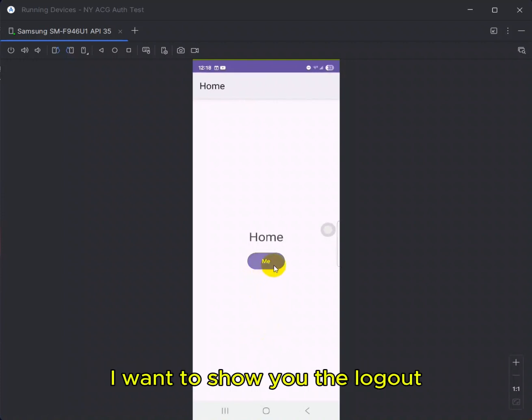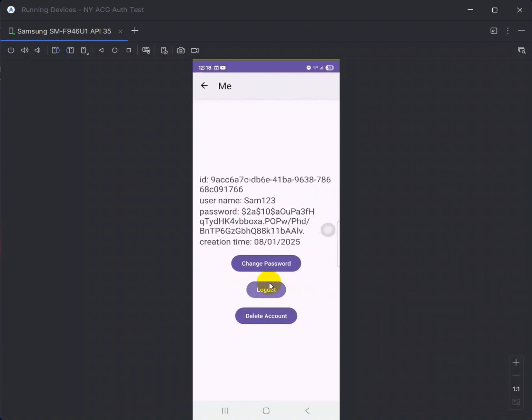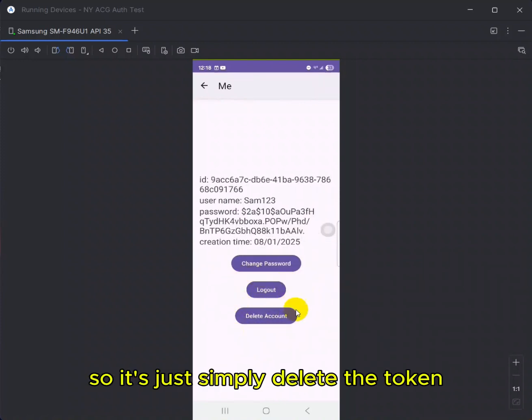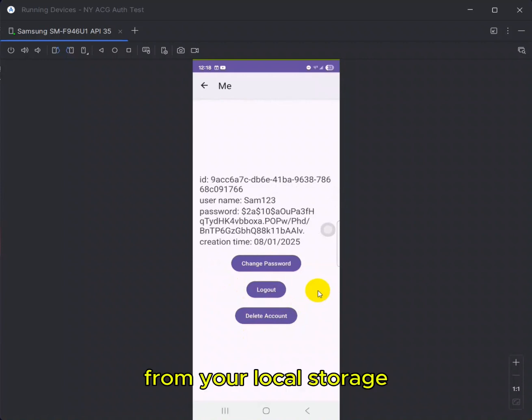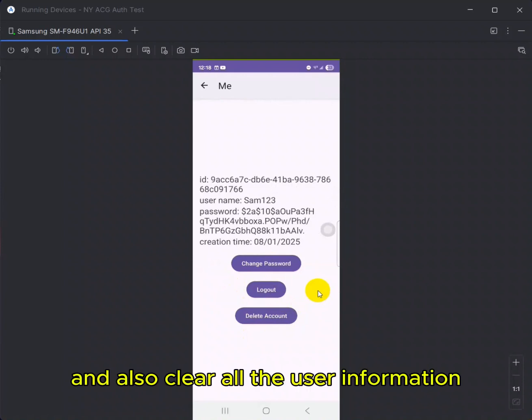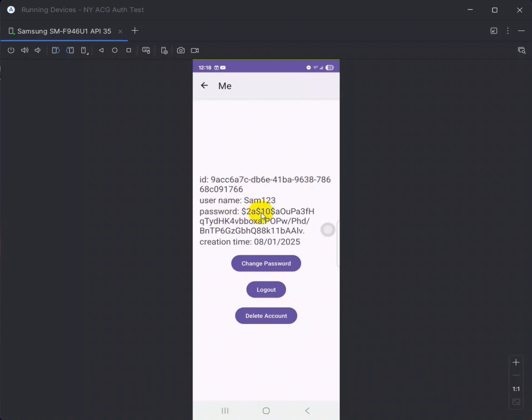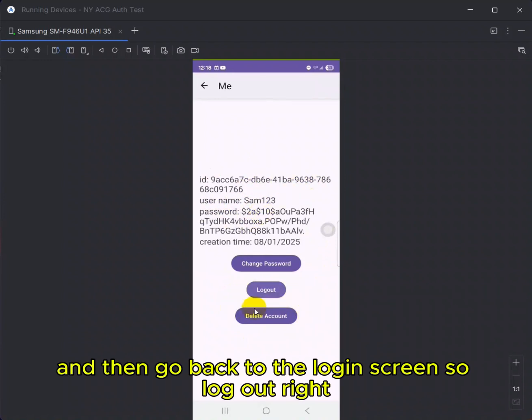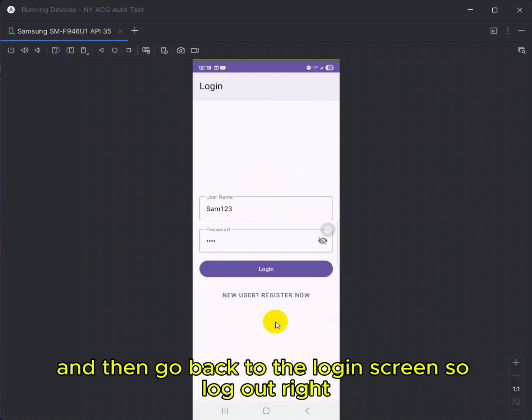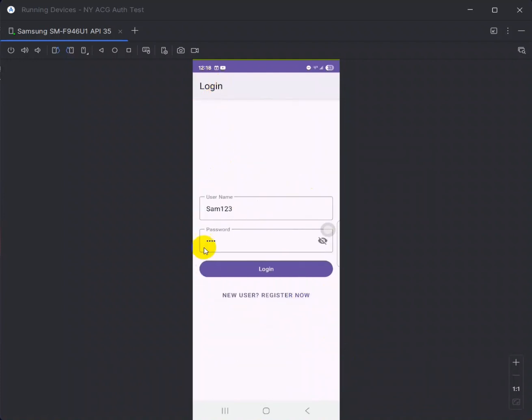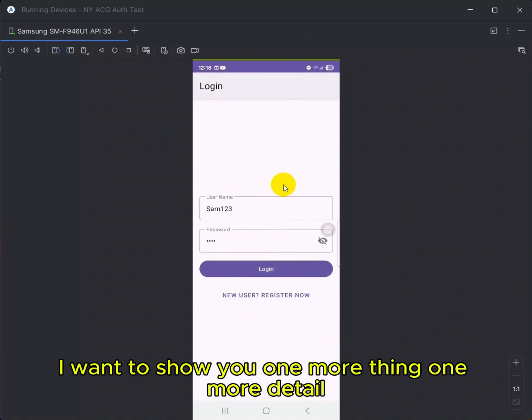I want to show you the logout. So it's just simply delete the token from your local storage and also clear all the user information and then go back to the login screen. So logout, right? Okay. Oh, lastly, I want to show you one more thing, one more detail,